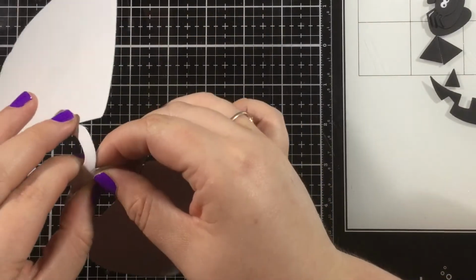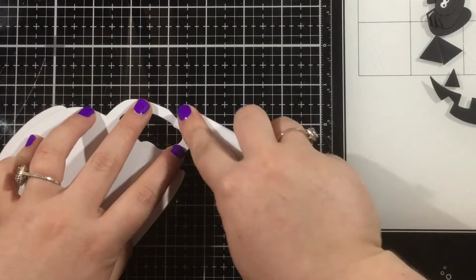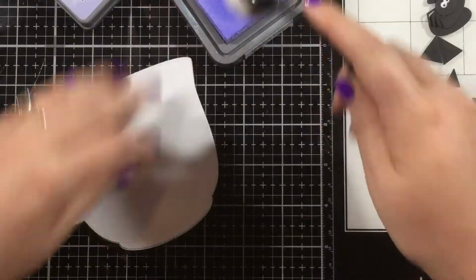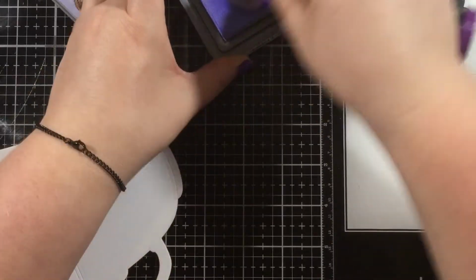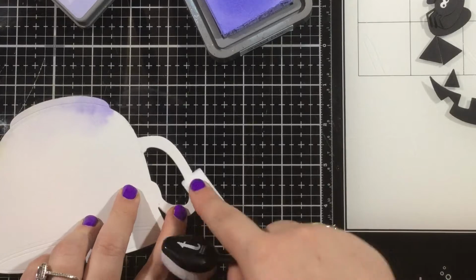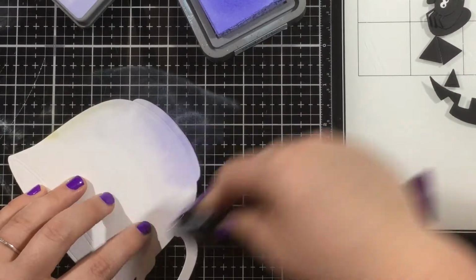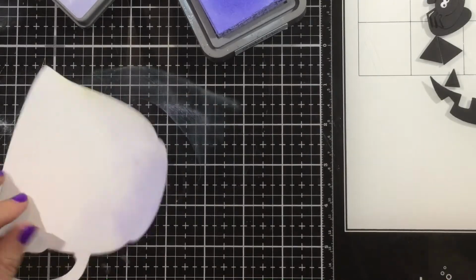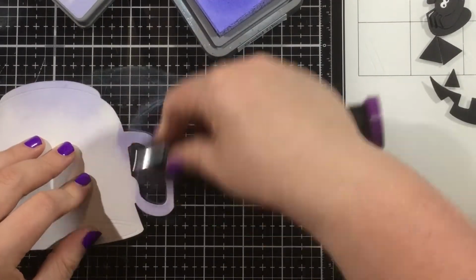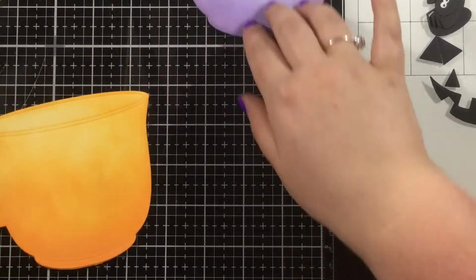So again, I took that Trinity Cup card die set and I cut that card shape from white cardstock, and now I'm using another blending buddy and I'm going to go over this cup with purple ink. This one's a little bit too light, so I will eventually bring in a darker purple and darken this one up a little bit. So in the end I will have 2 teacup shaped cards. One will be orange for the jack-o'-lantern and the other one will be purple, and that will be for the